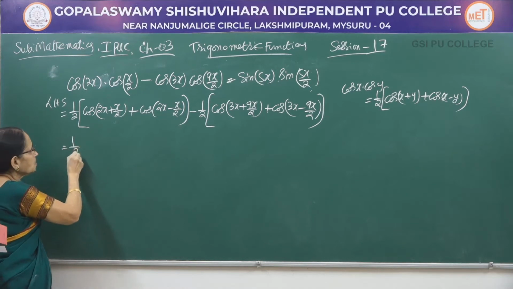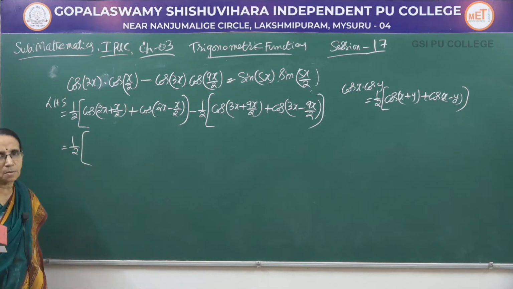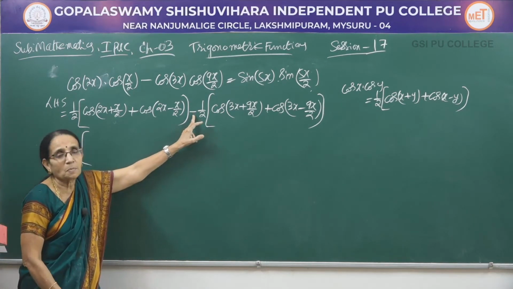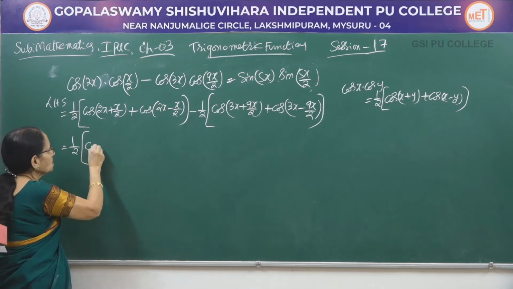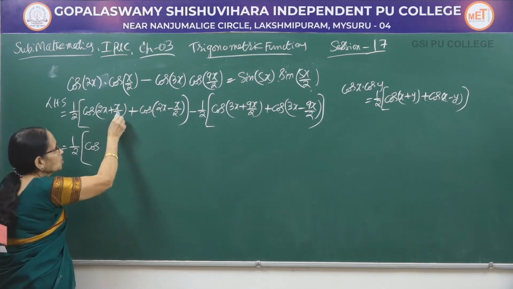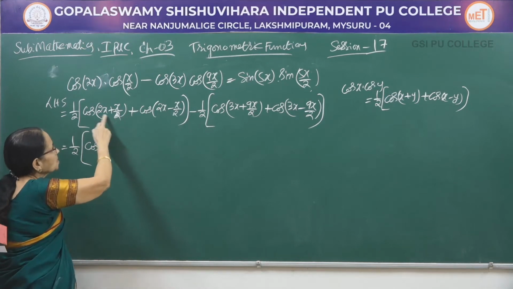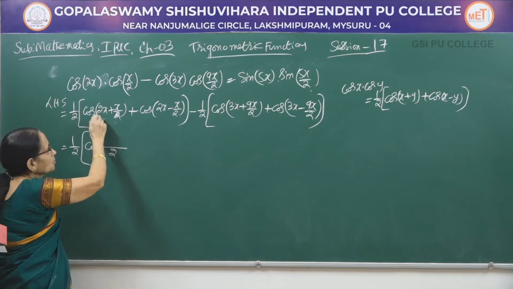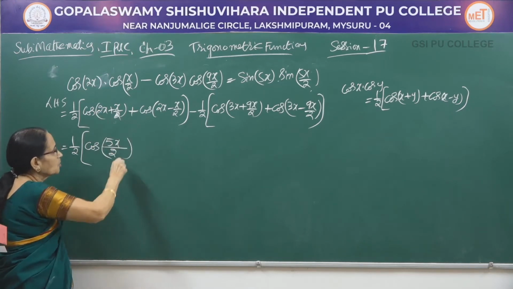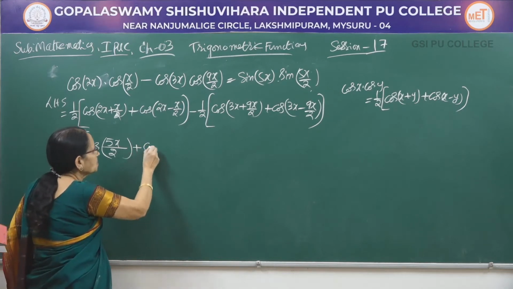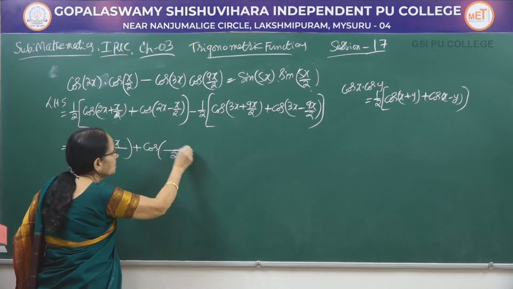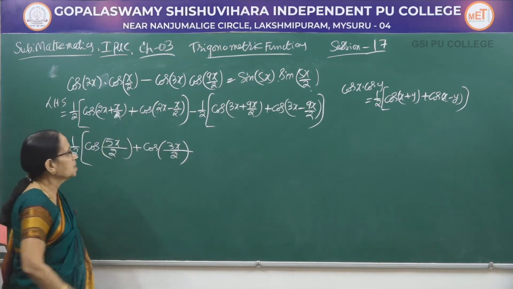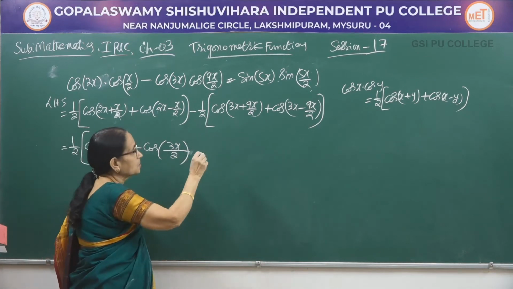Now, first let me take that half as common factor. Let me write all the terms here. Remember, both the terms should be multiplied by the minus sign. Simplify this one. See, if you cannot do directly, you show in the working column. But look here, 2 is the LCM. So, when you take 2 as the LCM here, 2 2s are 4, 4x plus 1x, it is 5x by 2. Plus, same thing here also, 2 is the LCM. 2 2s are 4, 4 minus 1, that is 3x. So, 3x by 2. Now, both the terms become negative.